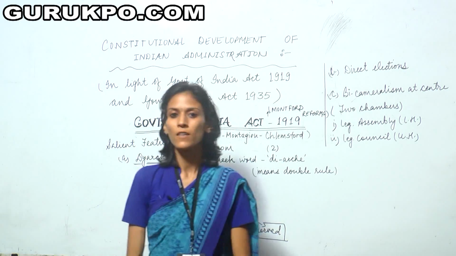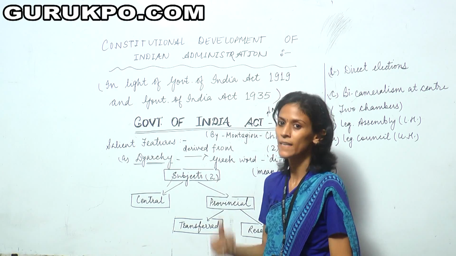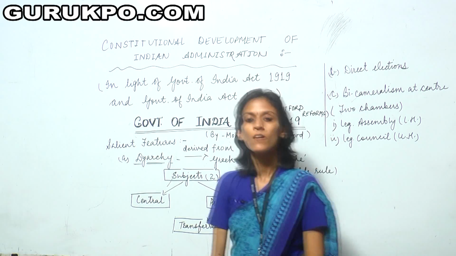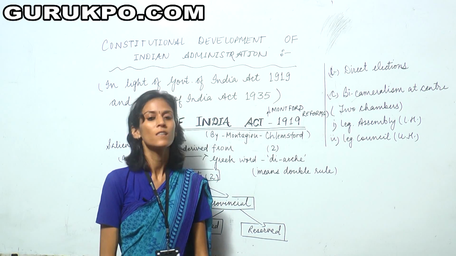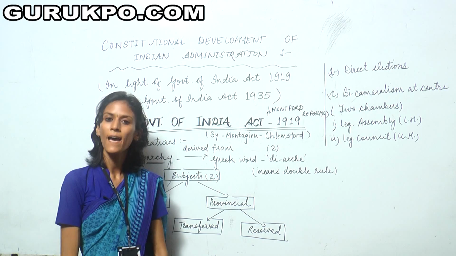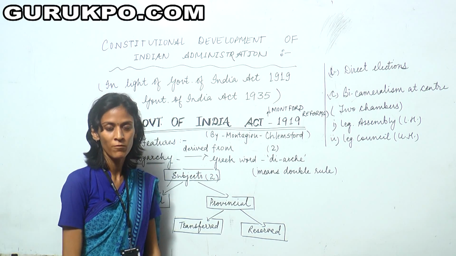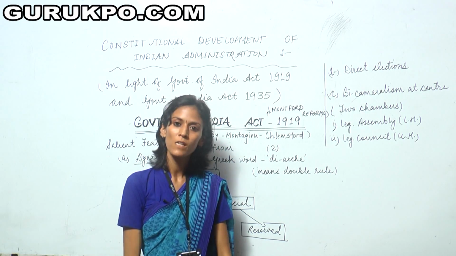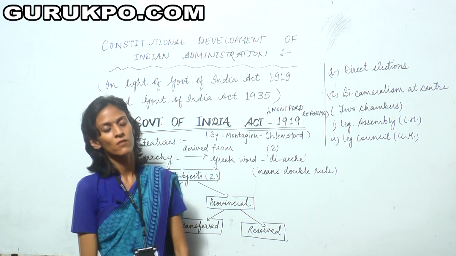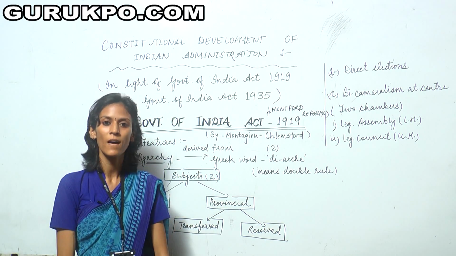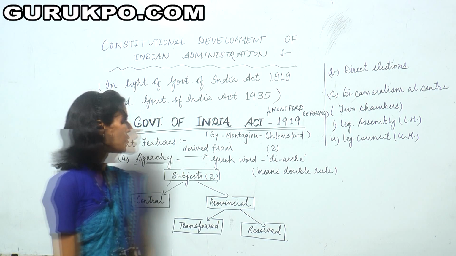Many acts were started and they led to the development of the Constitution regarding the Indian administration. For example, the Regulating Act in 1772, Pitt's India Act in 1784, the Govt of India Act in 1909, 1919 as well as in 1935, and many more acts like the Indian Council Act of 1861, 1858 and the Indian Independence Act, that is 1947, which made India an independent nation. So today we will discuss